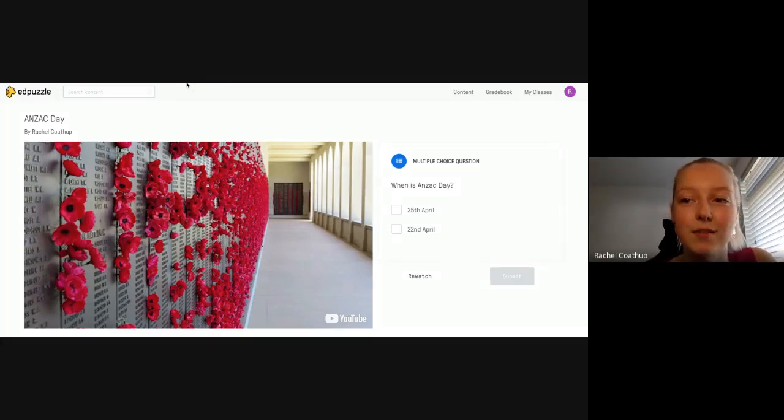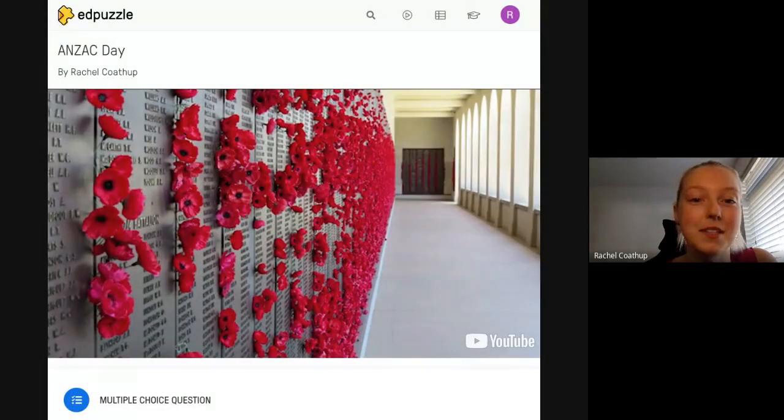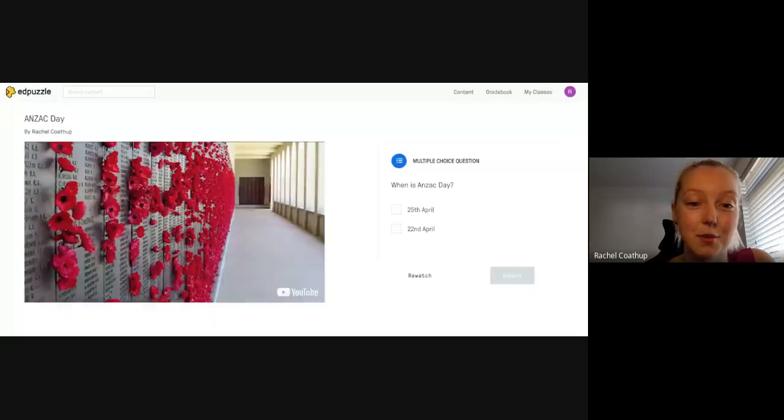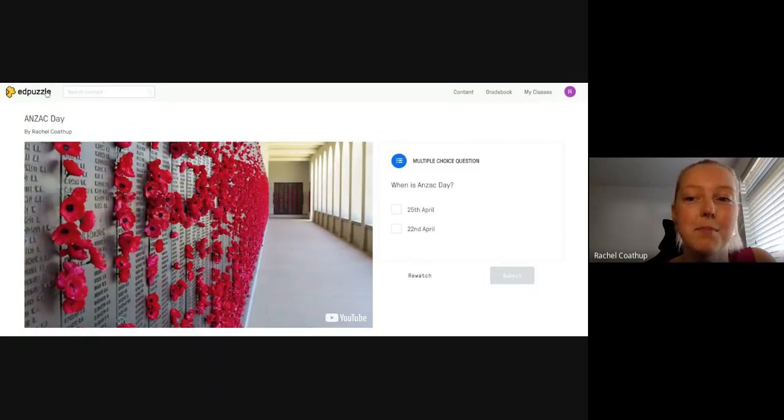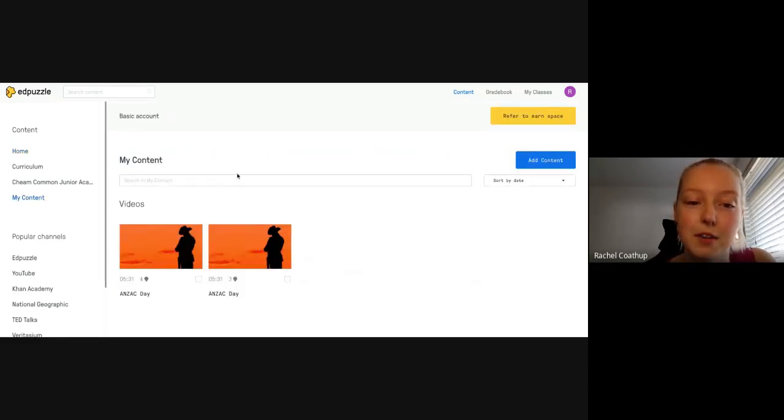Now, that's obviously one thing that I can do when I'm using it, is to go and find content that's already pre-made for me. But I can also go and record my own videos. So I could do a Screencastify and then upload those videos as well. If I tap on my content, very quickly tap on Screencastify and tap on record,